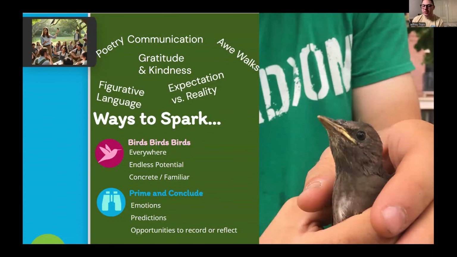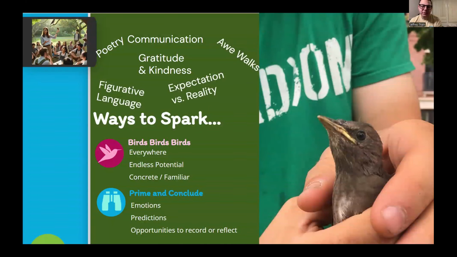Also make a prediction, and you heard some of those predictions already from some of the other speakers. Find something that's going to make you happy. Find something that is going to remind you of X, Y, and Z. Or how many species do you think we're going to see, right? There's a little bit of that competition, I think, which is a positive, healthy competition, but also it gets them familiar with making a prediction, which is just as important for being a good reader as it is for being a good scientist.